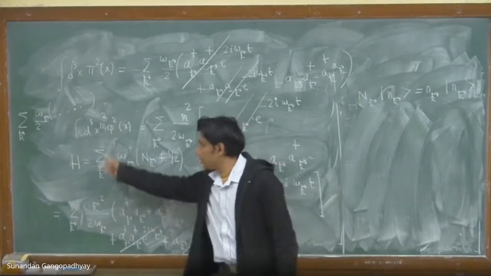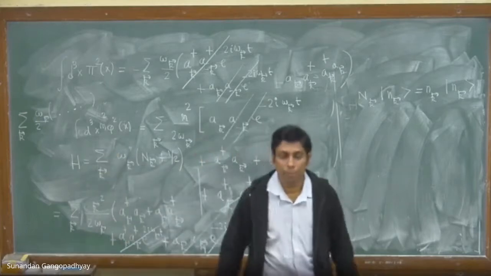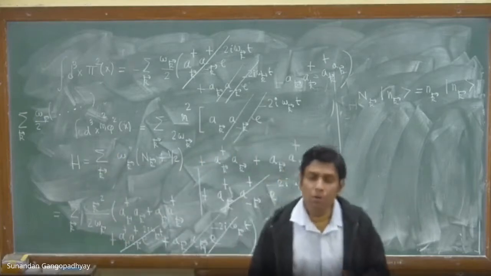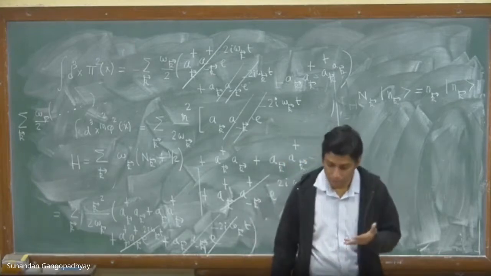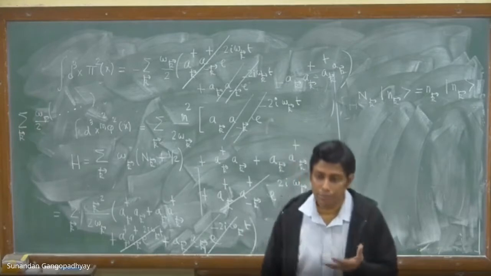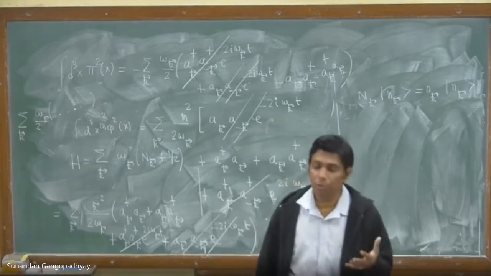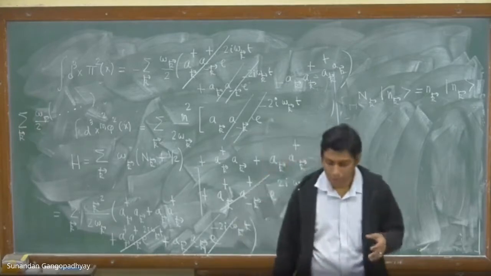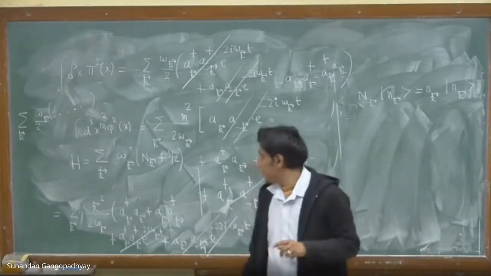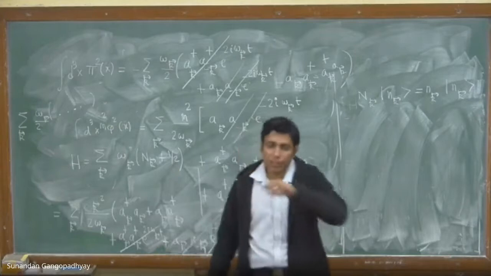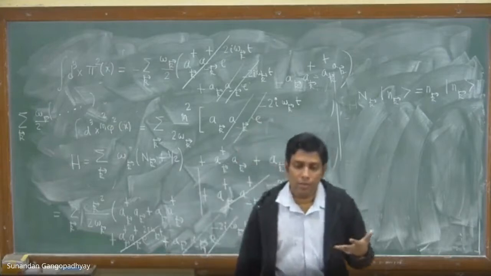It's half omega k summed over k, and therefore this will just flow out. The way to control this divergence, this particular divergence has a physical consequence also. The 0-point energy has a physical consequence, and we can discuss it later. But what is important is that you can actually get rid of this 0-point energy.